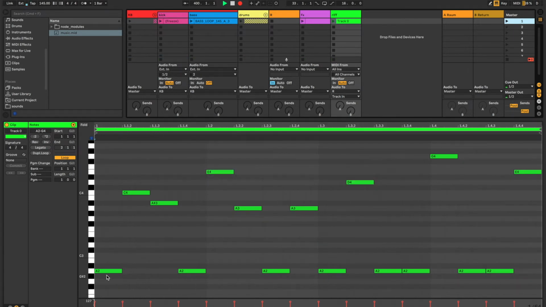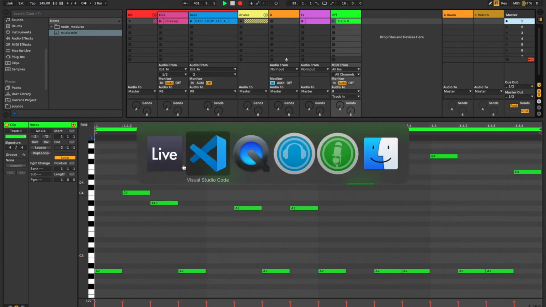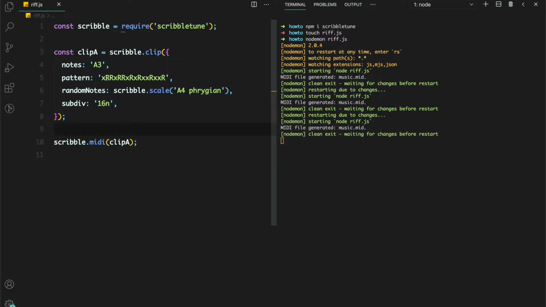What we need to do now is cut these notes in half like we did earlier. To do that, I'm going to create a little bit of a difference over here. I'm just going to augment this aspect of the pattern language of ScribbleTune, which is the square braces. The square braces just subdivide an existing pattern. So if our X note was a 16th note long, a square brace will subdivide it. If I had put two of these, now these are two 32nd notes in the space of one 16th note. But I wanted it to just cut off over there and then have a note off after it. So I'm just going to augment the pattern like this for each X.